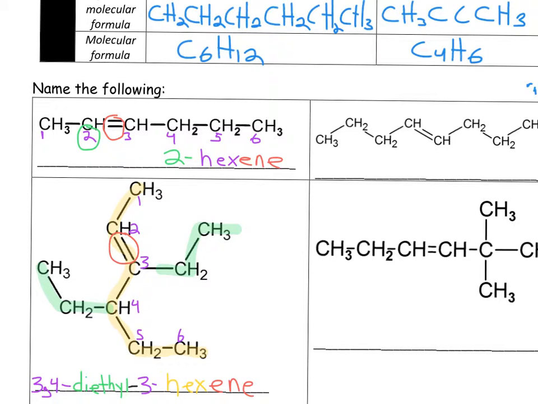So whenever you have a number and a letter, you put a dash between them, but whenever you have two numbers, you put in a comma. So I want you to hit pause. I want you to try to name the other two